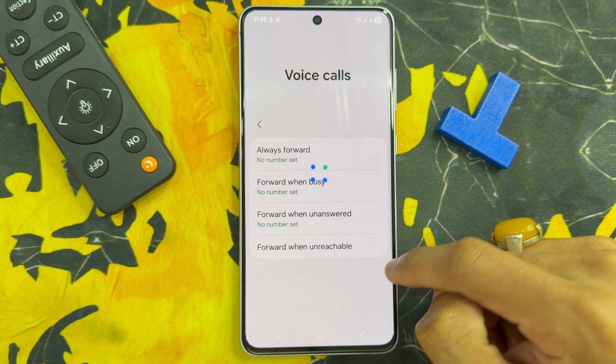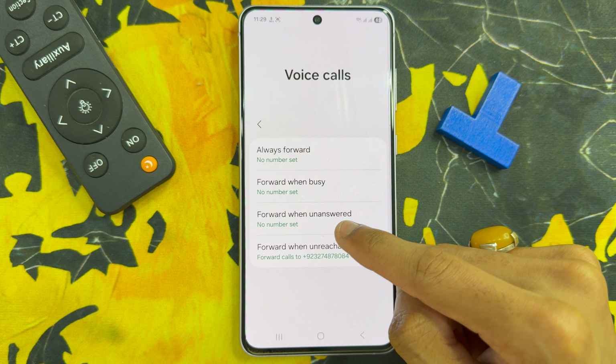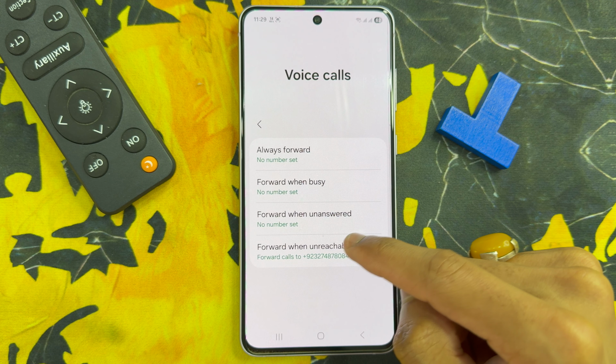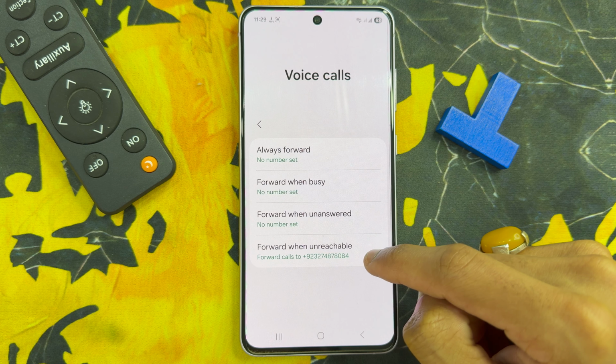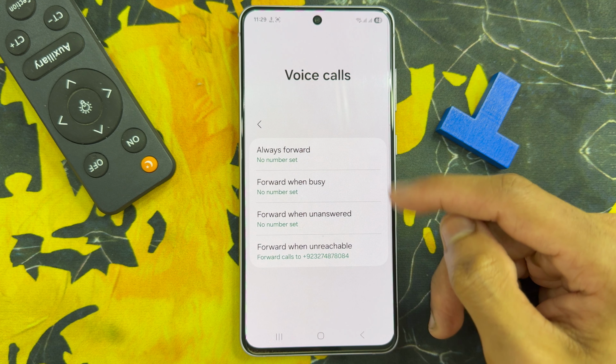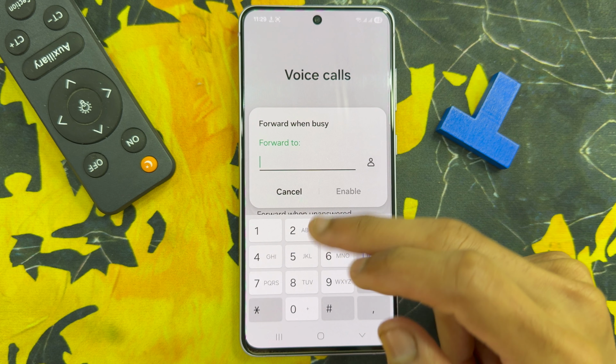four different options showing here. First option is always forward, forward when busy, forward when unanswered, forward when unreachable. So select from here, select forward when busy and enter your